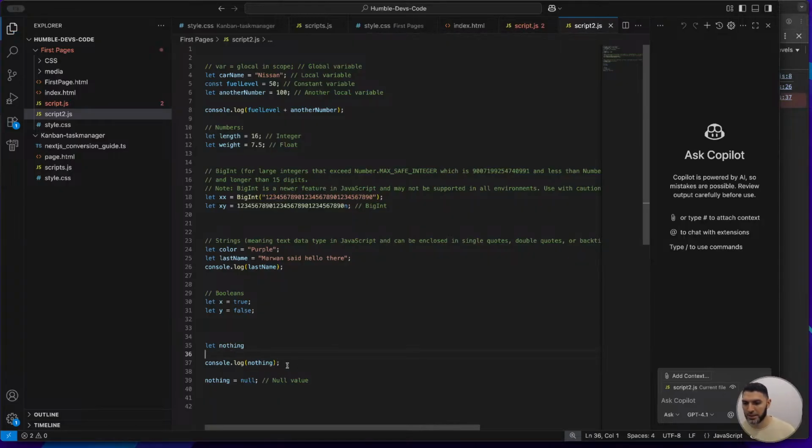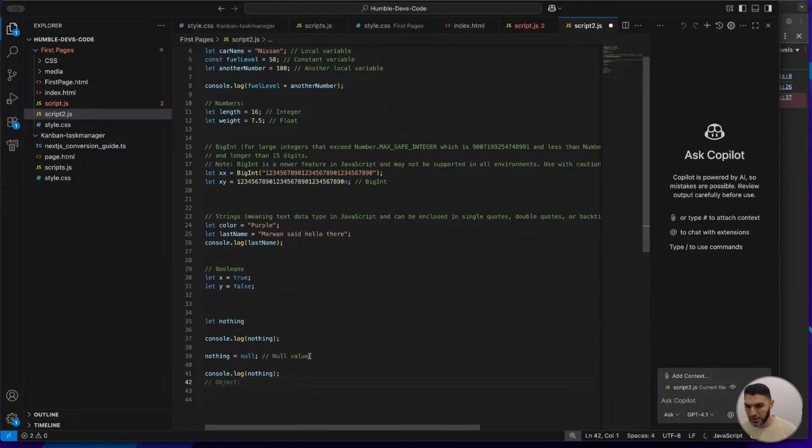All right, so here now, I have a console log. And after this, I'm just going to copy this console log and add it down here, because just like HTML and just like CSS, JavaScript is also read from top to bottom. So when nothing here was just declared, so we had no value, it would still throw the error. But later, when it comes to this point, here we're assigning it the value null, it should print null for us,